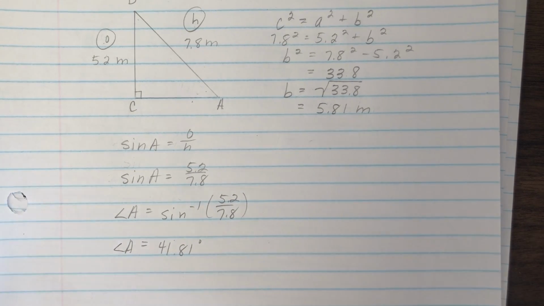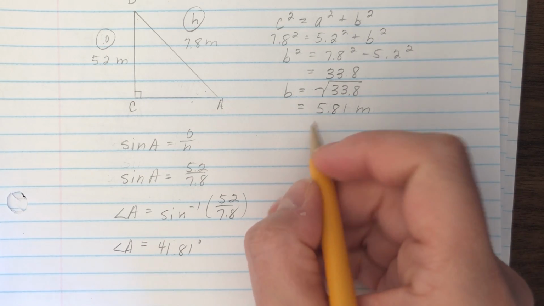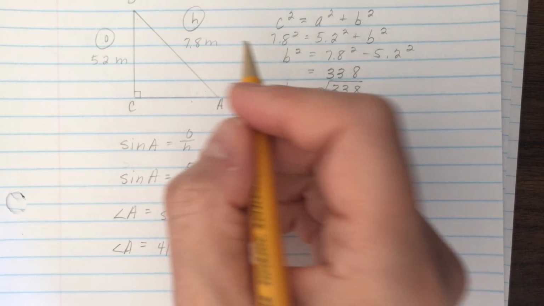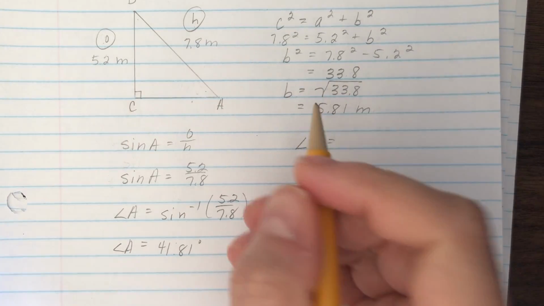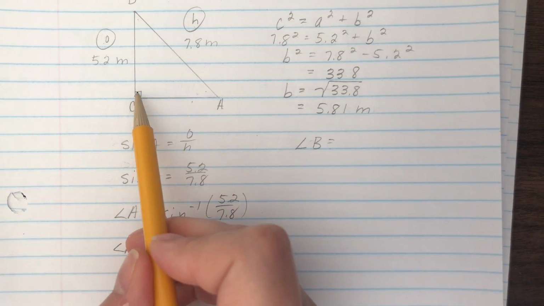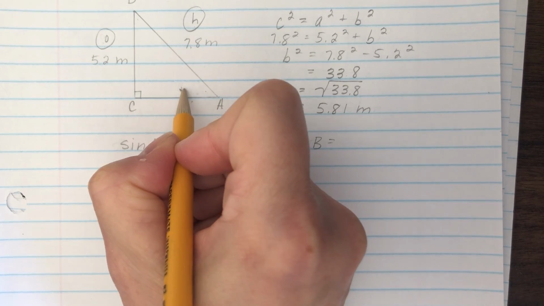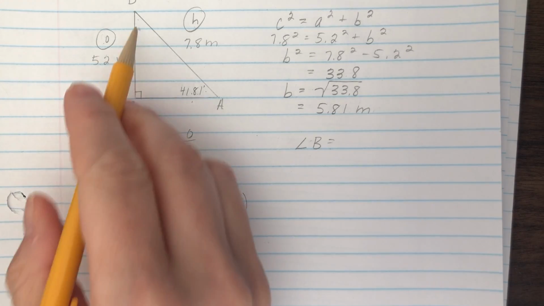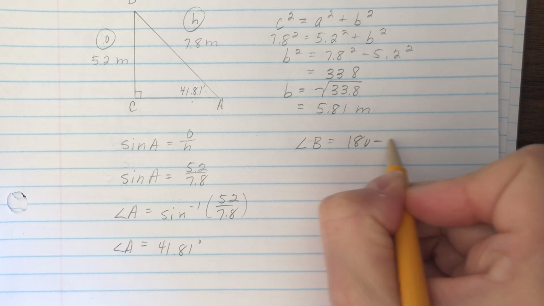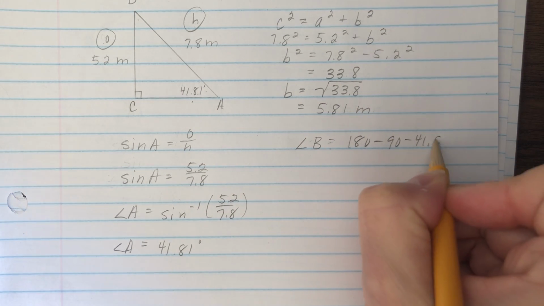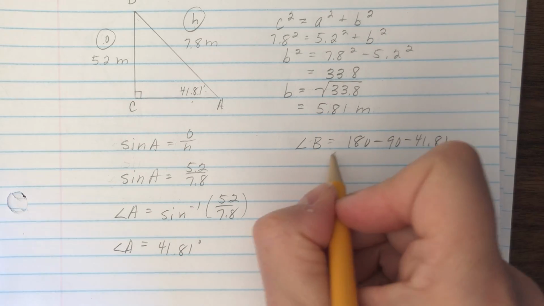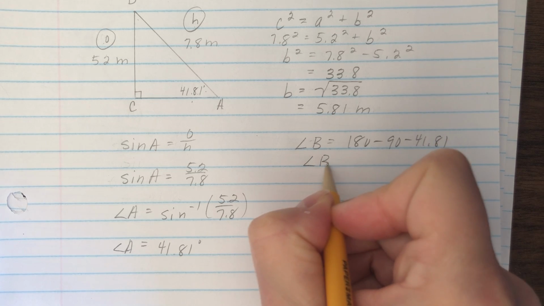Okay. And finally, I'm going to find angle B. Now I know that all the angles inside a triangle add up to 180. So all I would have to do in this case is subtract the 90-degree angle and this angle of 41.81 degrees from 180 to find angle B. Giving me an answer for angle B of